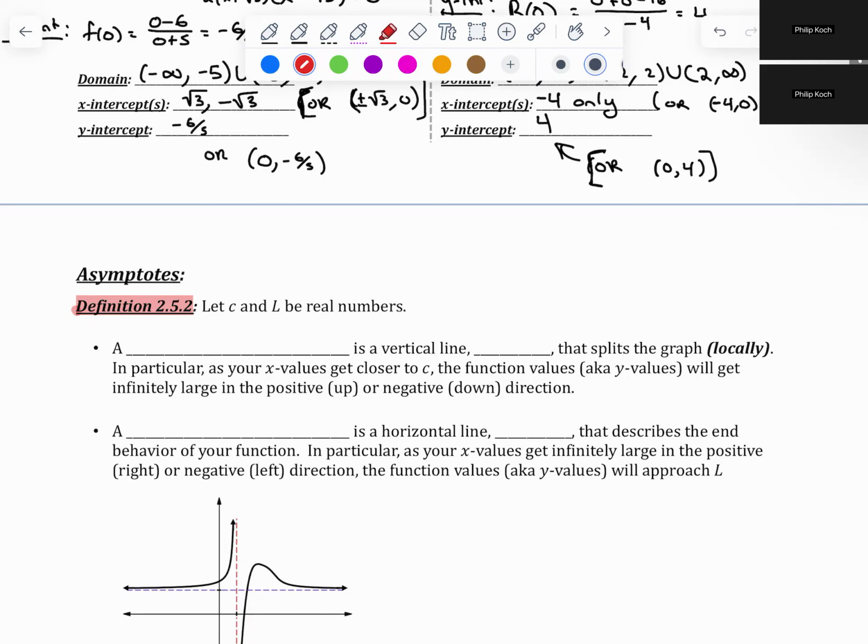A vertical asymptote, which we will from now on write as a VA because I do not want to write that out. I hate writing out vertical asymptote every time. It's a vertical line. And if we remember from 1.4/5, vertical lines are always of the form x equals a number, because a vertical line isn't a function, but it is an equation. It's x equals